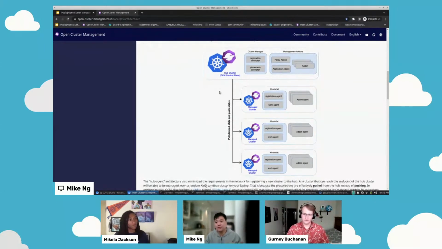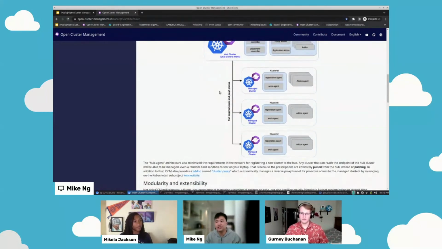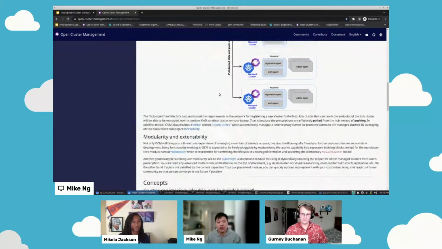As well, from a scalability point of view, it's much easier to have an individual, similar agent running on those remote clusters doing most of the heavy lifting, instead of a push model where the controllers on the hub are trying to push down to 1,000 and maybe 2,000 clusters. So again, our hub agent is a pull model, so the agent is pulling from the hub once they're connected.